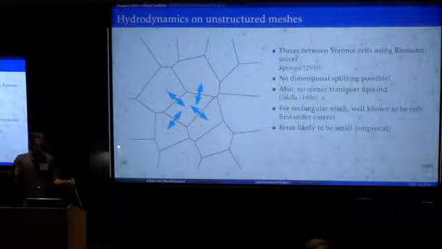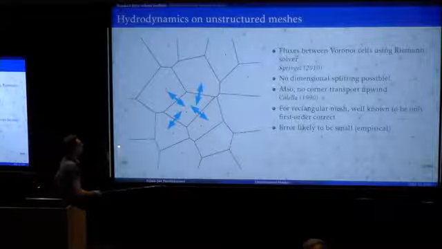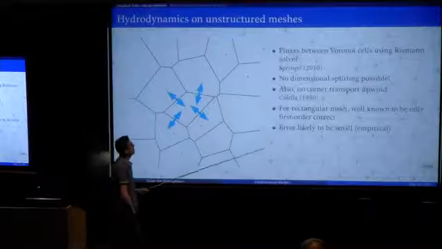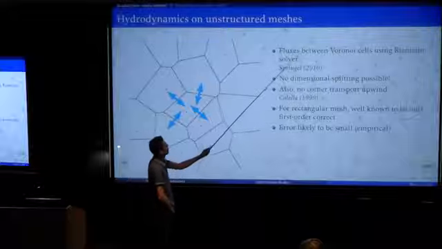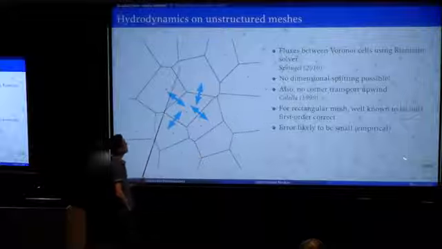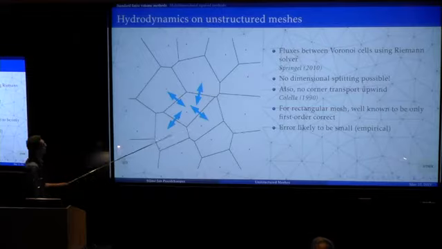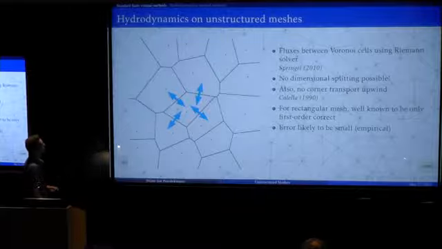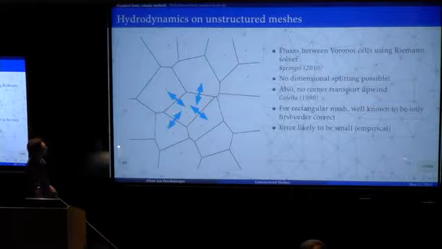So there's, again, different choices you can make. So I think most of the moving mesh crowd have gone for finite volume methods, where we have a mesh of Voronoi cells. This cell has neighboring cells, and we can solve Riemann problems on all sides to calculate what the interaction between